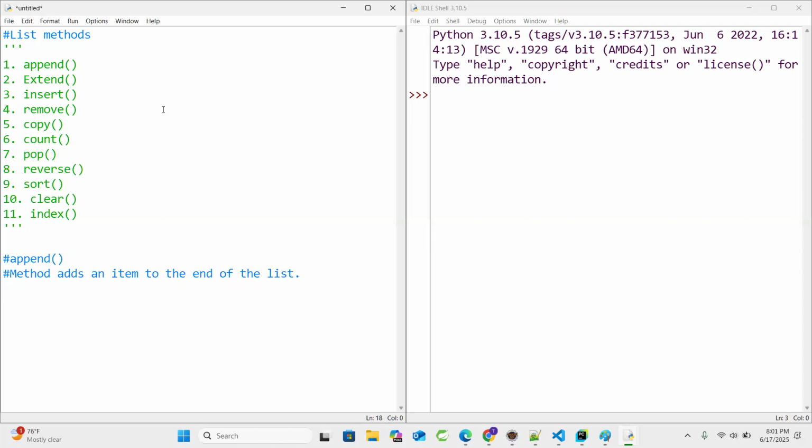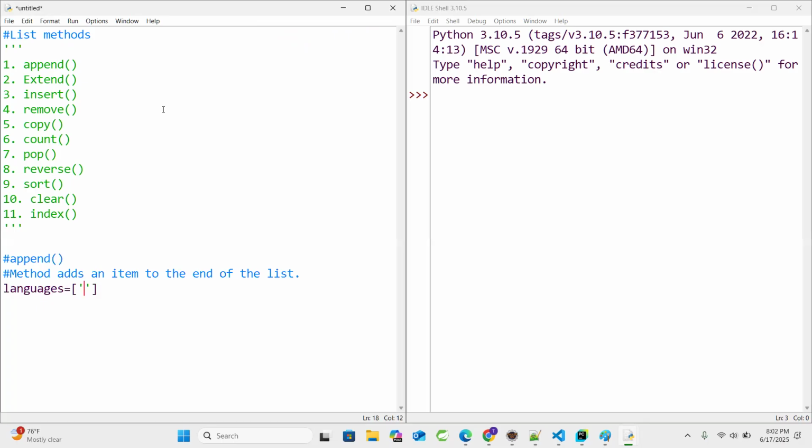You can take any list. Instead of using the word list, we can use real-time examples. Let's use languages: languages equals to, and the square brackets. The moment you write equals to, that is an assignment operator, so the left-hand side gets assigned the right-hand side value. So in languages, or you can say computer languages,